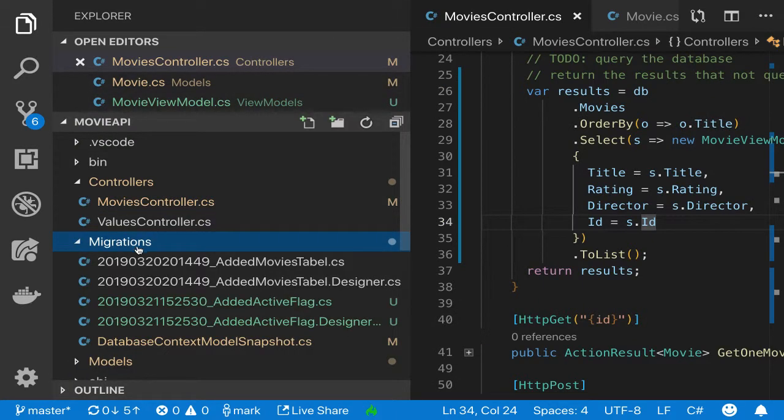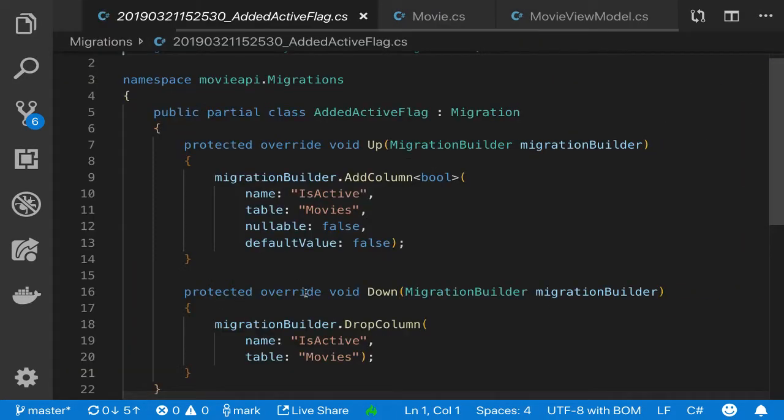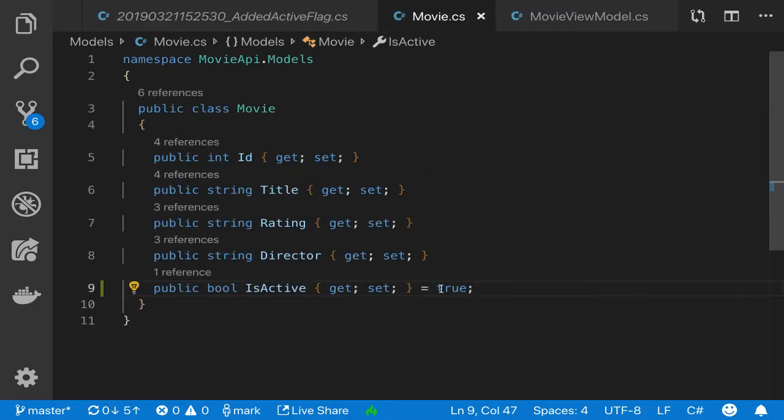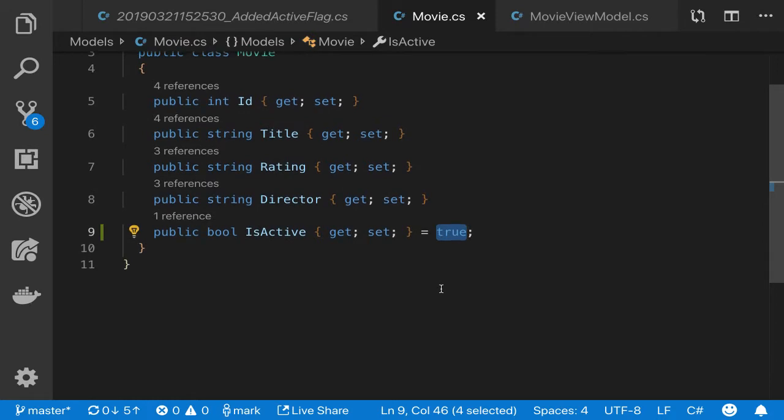The migrations had the default value as false. This is the default value in C#, not in SQL. So whenever we make ET,